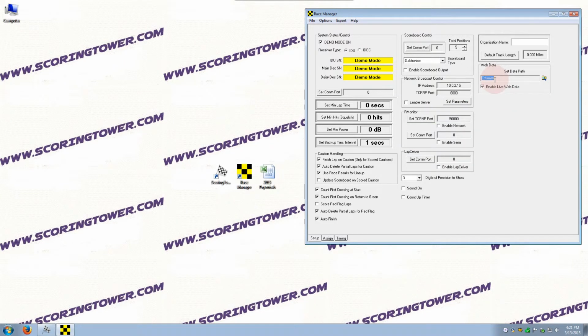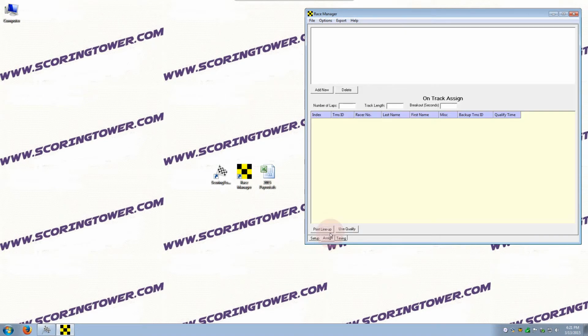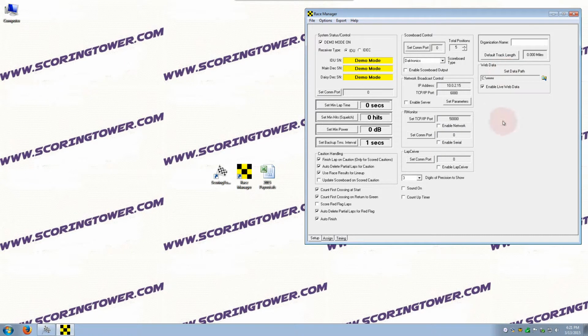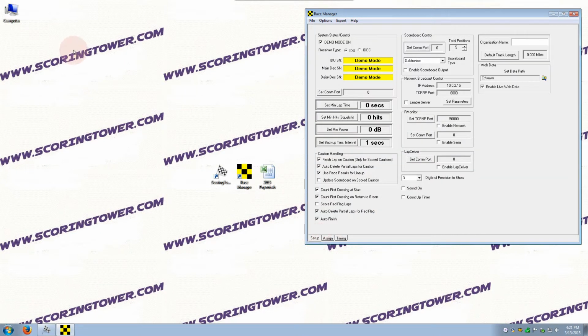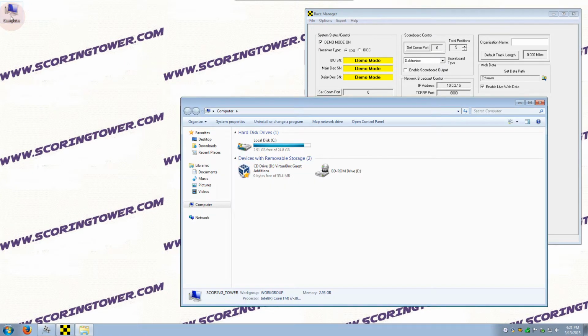The other location you need to be aware of is where Race Manager saves its assignment files. Unfortunately, in Race Manager, there's no path to set that yourself like there is for this web data. This assignment path is a folder on your hard drive, and if you have the older versions of Race Manager, it'll be under Program Files,